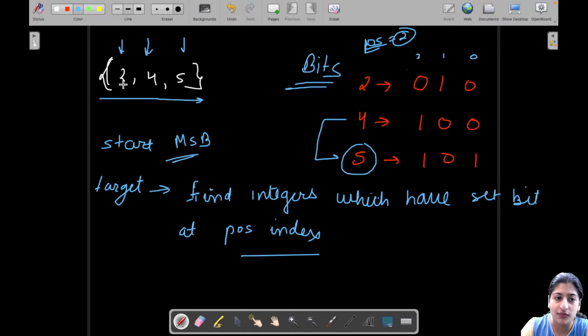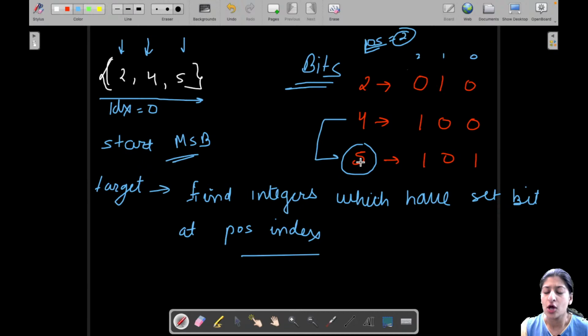So I am starting off with this index idx 0. Whichever index I am at, I am checking for that particular position which number has set bit at that position. So I found the maximum element having 1 as their bit at the position 2 is